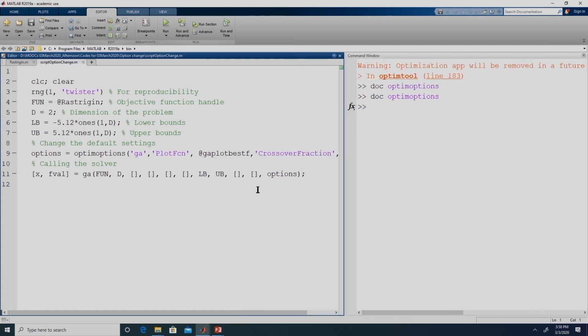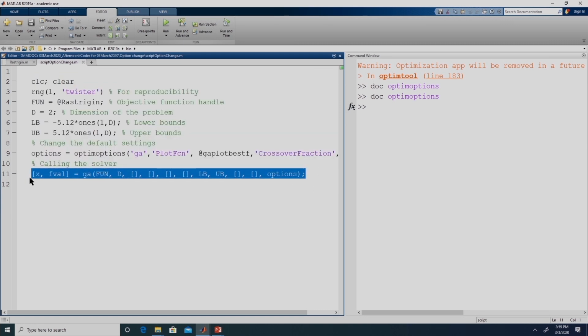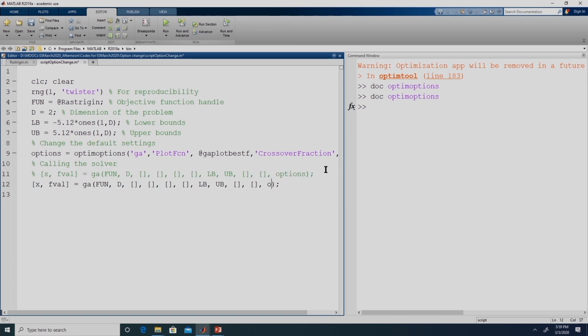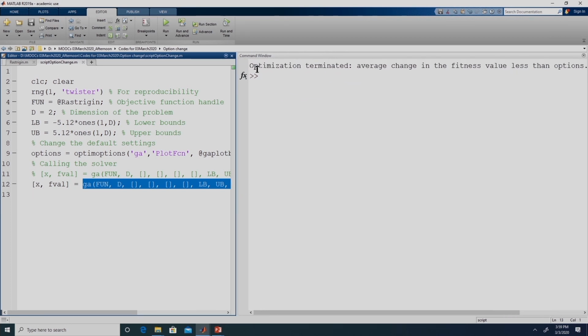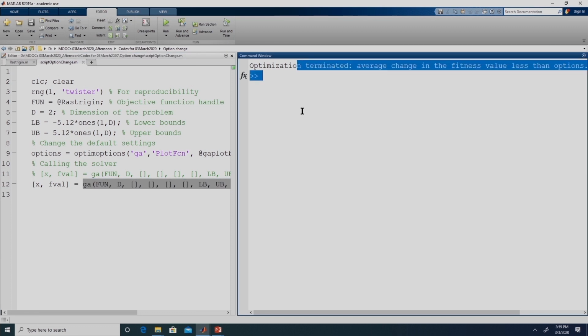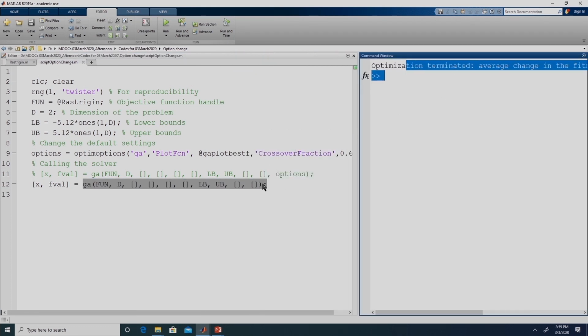So, whatever we have discussed is actually coded over here, right. So let us say initially we are running it without the options, right. So let me just comment this line, no options, right. Now if we run this, in this case we did not change the default option, right. So it did not plot anything, right. At the completion of the algorithm it gave this status message, right, and that was it, right.